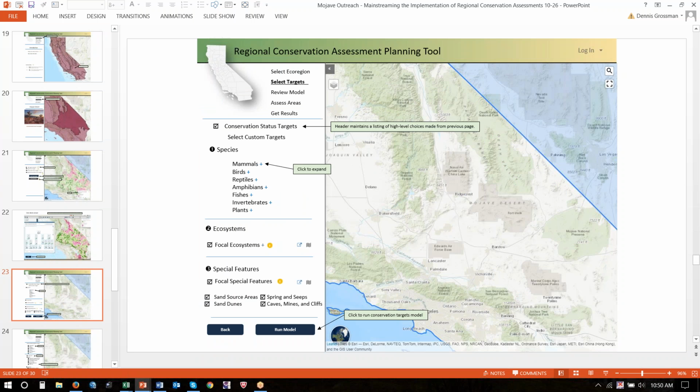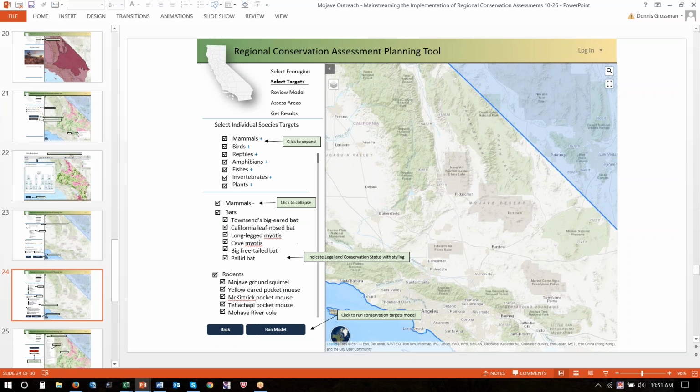For those that really want to look at a subset of these conservation targets, we're building features that will allow them to drill down and identify which species, which ecosystems, which focal ecosystems and special features they want, so they can customize what they want on and what they want off.